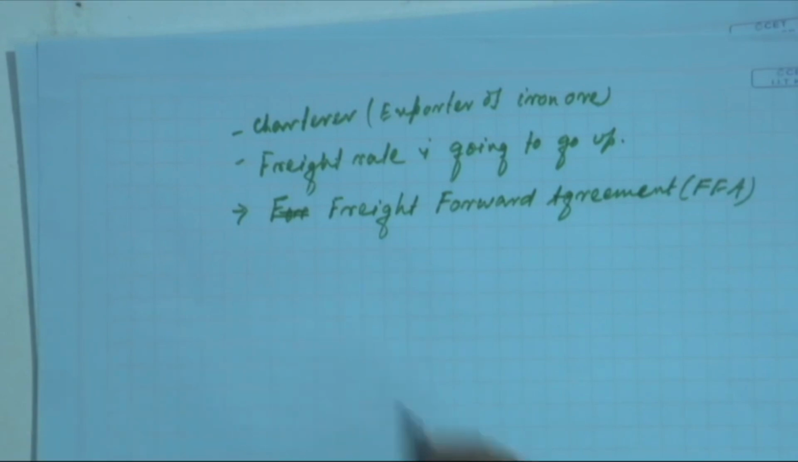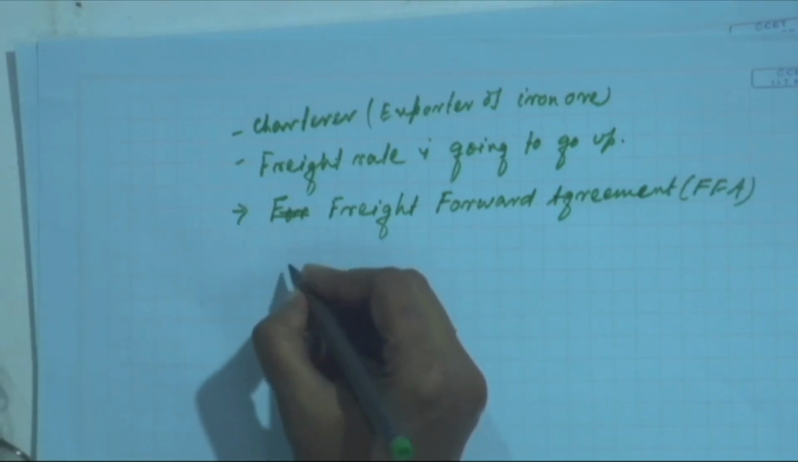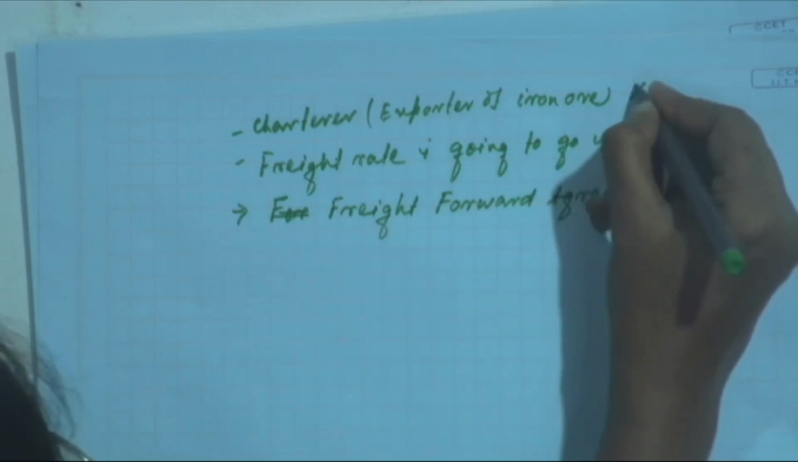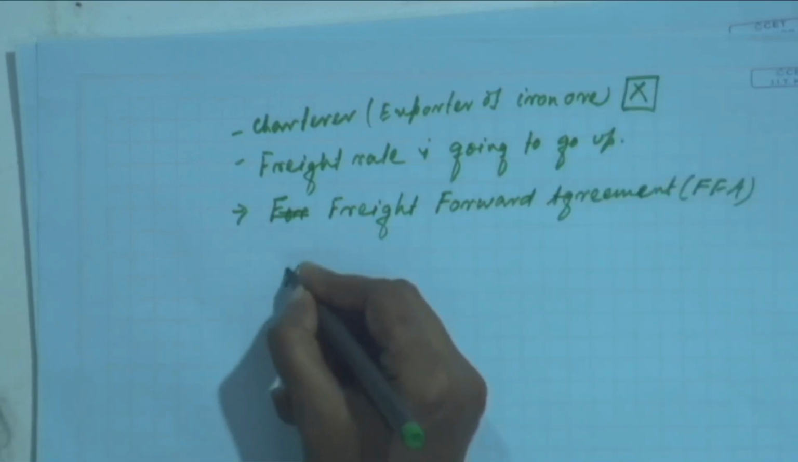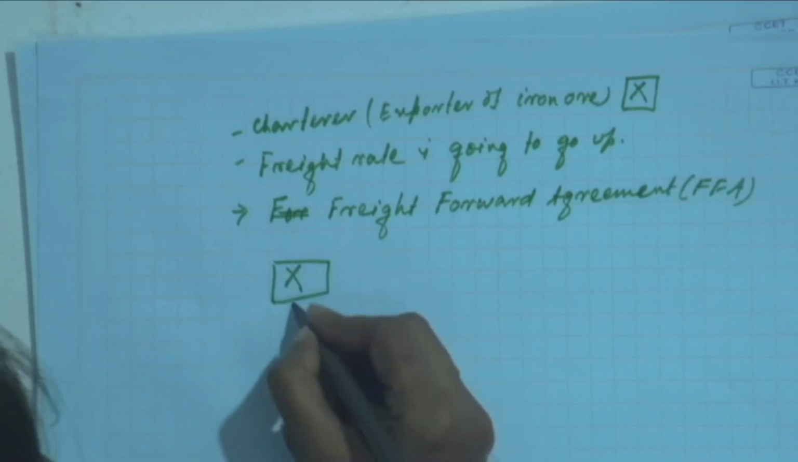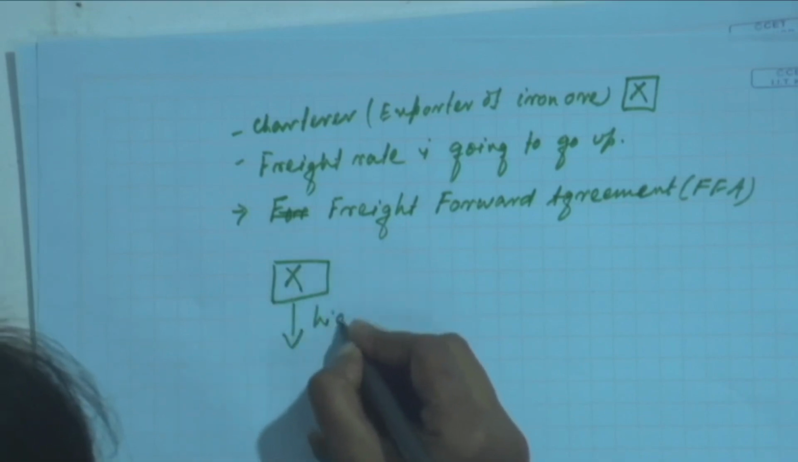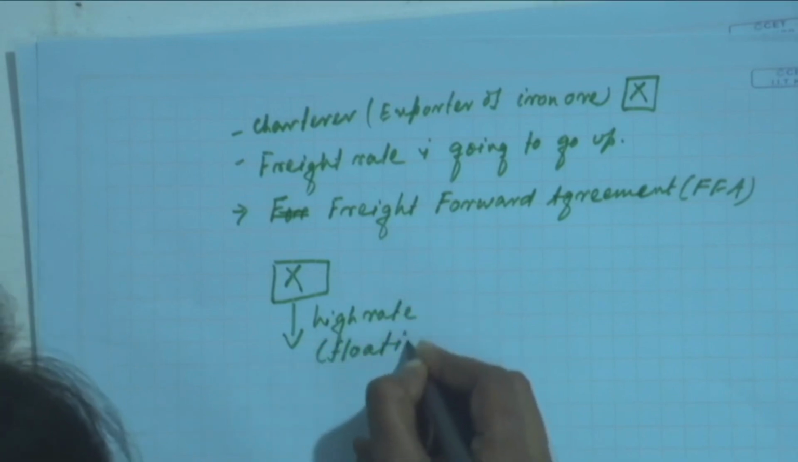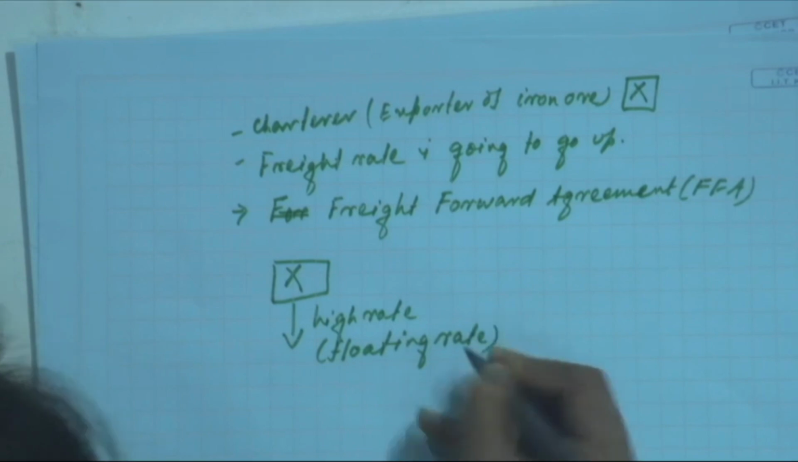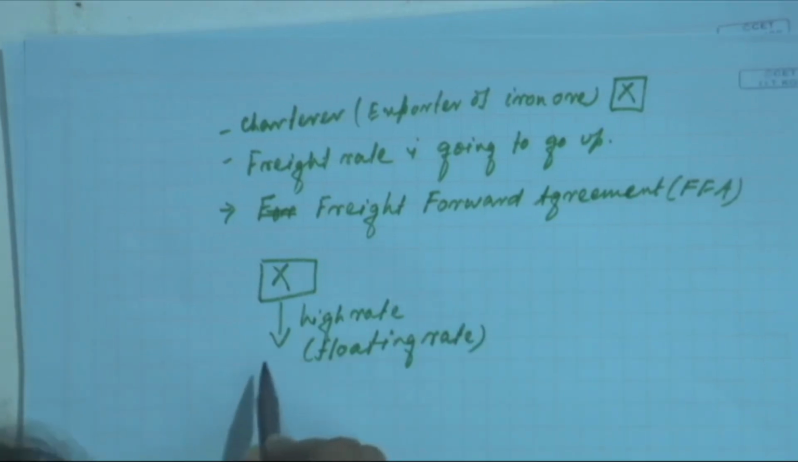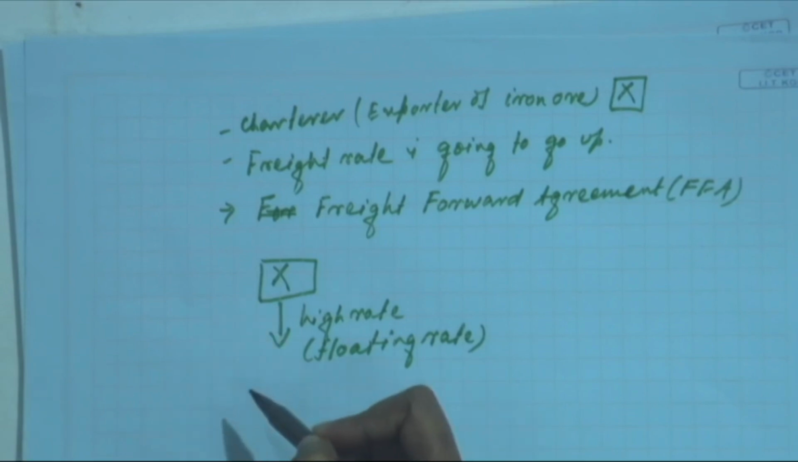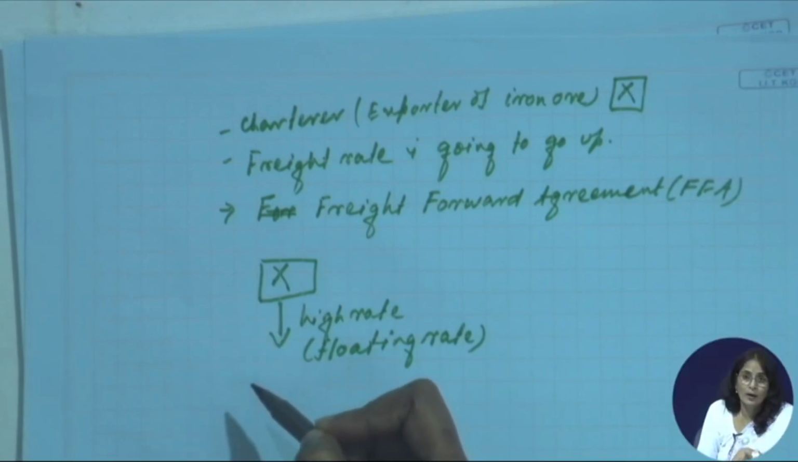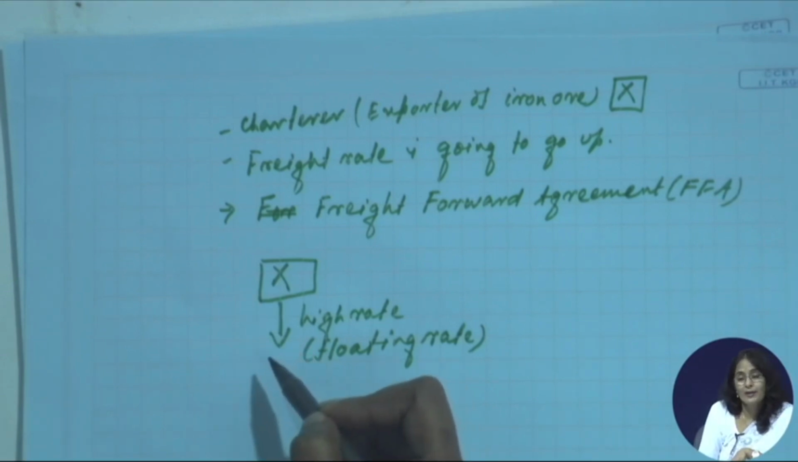So in that case, what the charterer will do? Let me name him X. So what is X's fear? X's fear is that he is going to pay a high rate, or a floating rate, when he actually hires or enters into a voyage charter or a contract of affreightment. He has to pay a higher rate, and how can he mitigate this particular price risk, by entering into